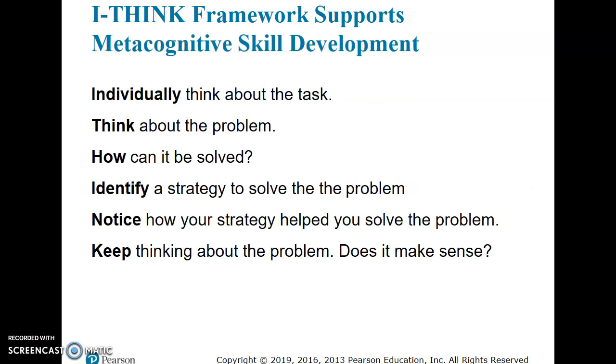Graphic organizers can be useful to help students connect representations to a particular problem and help solve that problem. They can write their ideas as they go through the I Think framework. They need to individually think about the task and the problem. They can write down and think of how to solve it, identify a strategy or multiple strategies, notice how their strategy helped them solve the problem, and keep thinking about the problem. Does it make sense to them as they